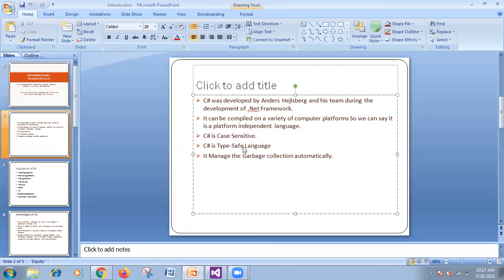Type safe means, for example, you are creating an integer variable in C Sharp and you try to assign a string value to that variable, then C Sharp won't allow this. It checks the compatible type of the value and the variable at compile time. It does not wait for runtime.